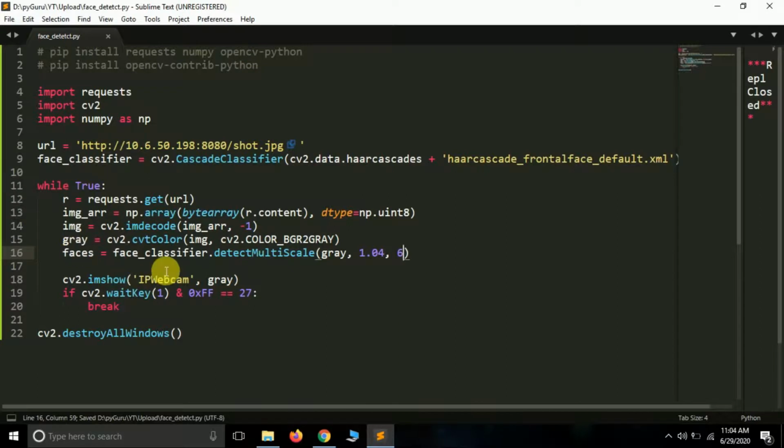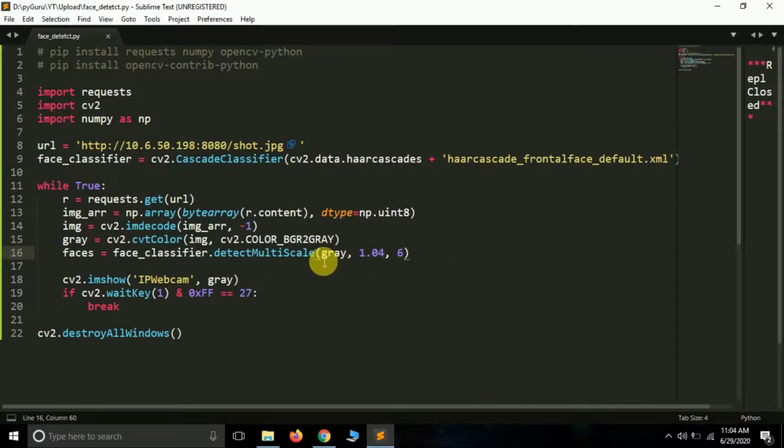Now see, this 1.04 and 6 are not just random numbers. If your classifier is not able to detect faces accurately, you can try decreasing this value. But also remember, if you decrease this value more, your program will become slow. This value works perfectly for me currently, so that's why I'm using 1.04 and 6.